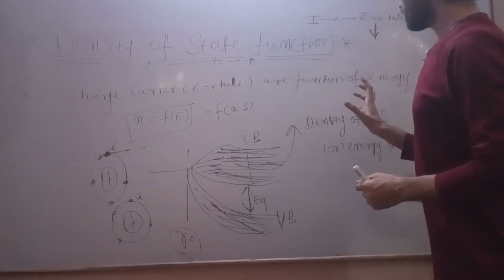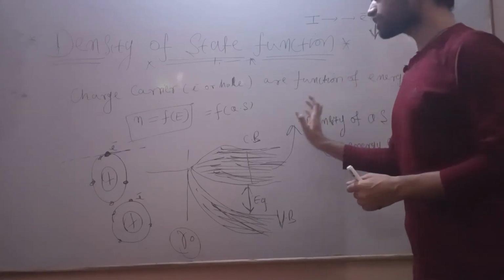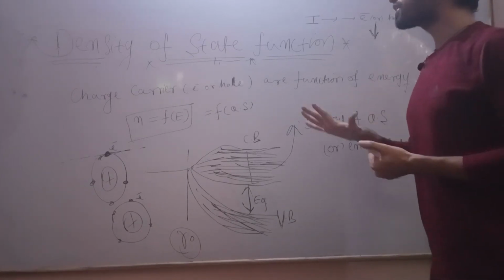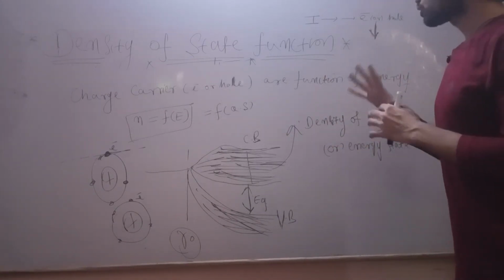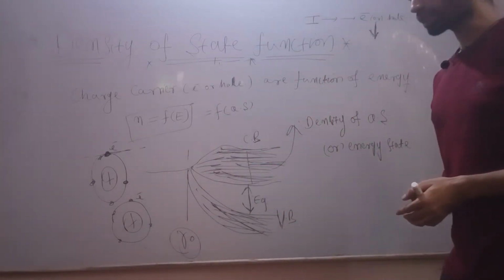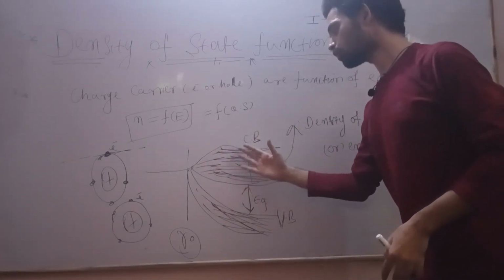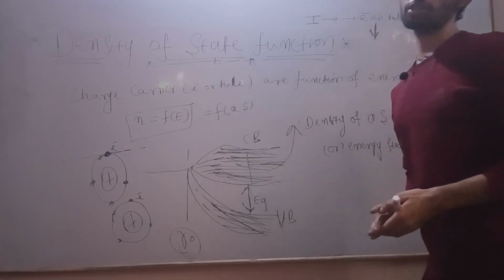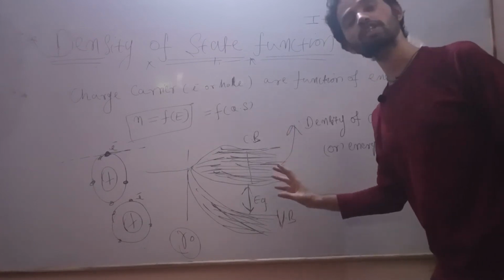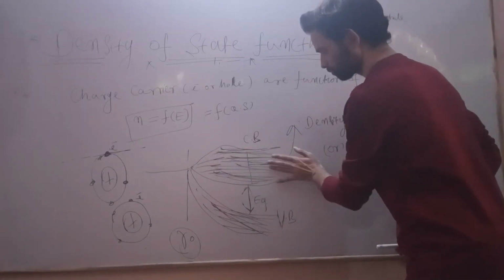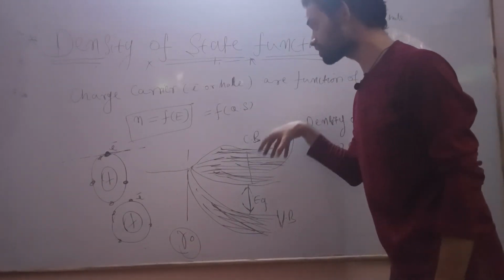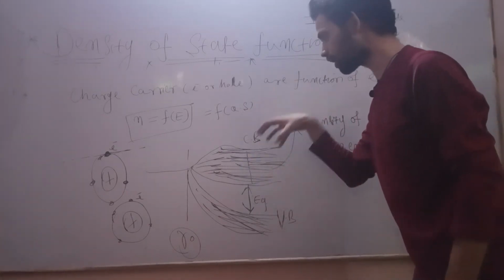When we determine the concentration of the charge carrier, it is a function of energy level. Which type of energy level? Those energy levels which get split during the formation of solid into the allowed and forbidden energy band gap. This allowed band is actually made up of a number of discrete energy levels. So these are a quasi-distribution of energy. So this is the density of state function, in the sense density of quantum state or density of